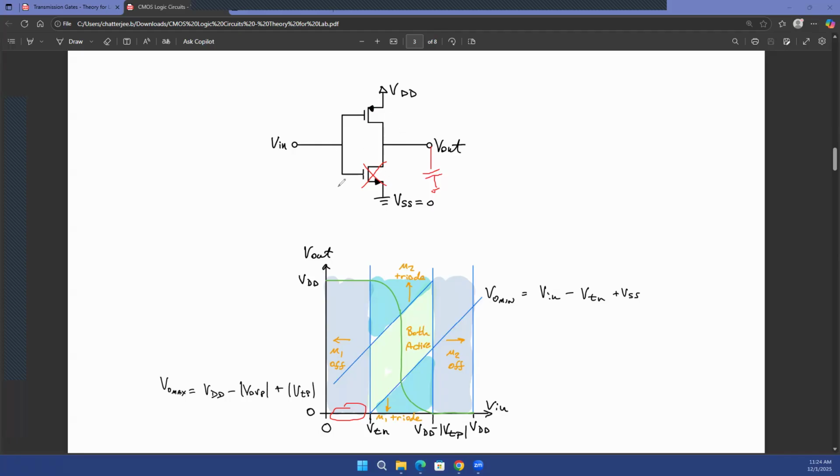And we know that when Vin is 0 or very close to 0, the VSG, this is the source and this is the gate of the PMOS, VSG is higher than the threshold voltage of the PMOS, and that's why you charge through this path. Right? So you are charged up through to VDD. Right? So M1 is off in this region when your output is VDD. Then there would be a region where